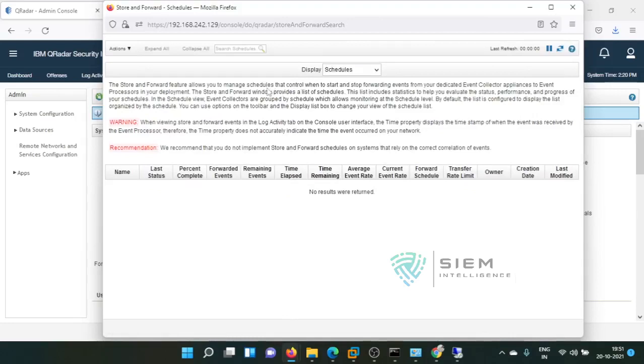So the store and forward feature allows you to manage and control at what time the event processor forwards events in your deployment. The store and forward window provides a list of schedules. The list includes the statistics that help you to evaluate the status, performance and progress of your schedules. So according to the schedule it is store and forward. Okay,